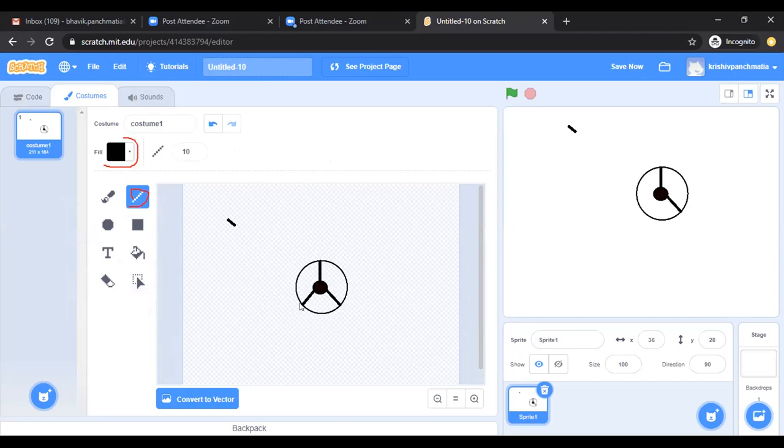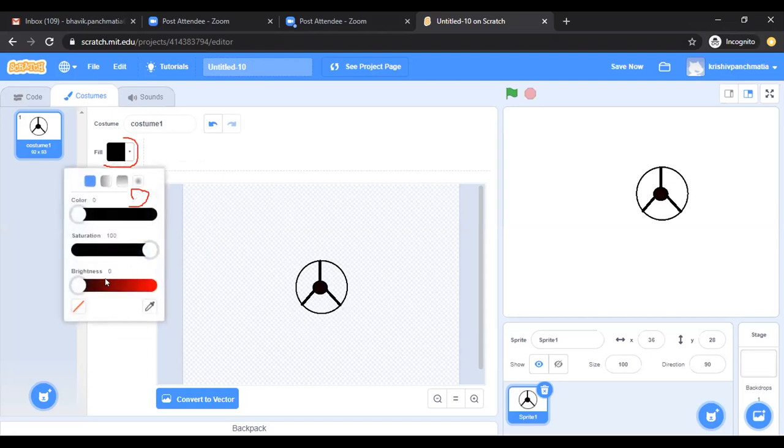Very good. Now you use the fill with color tool. Then choose the color. Krish, you are able to do it?